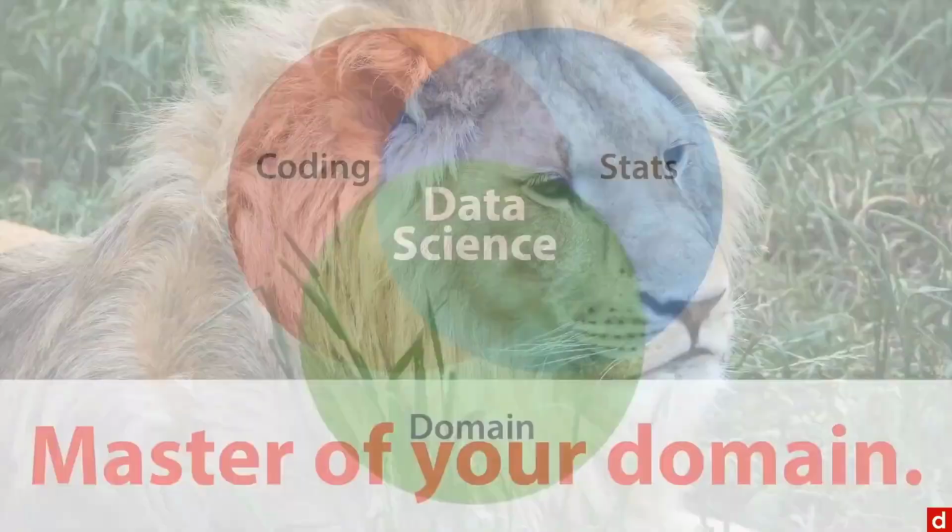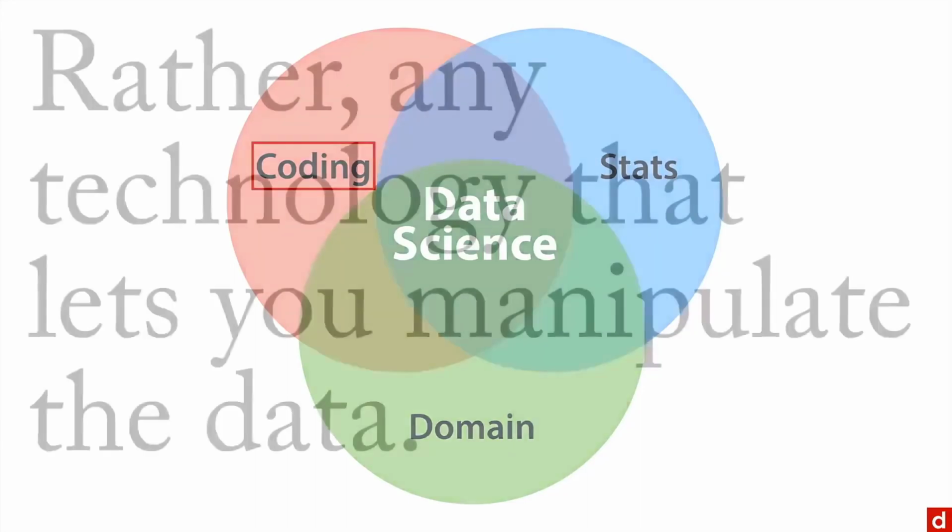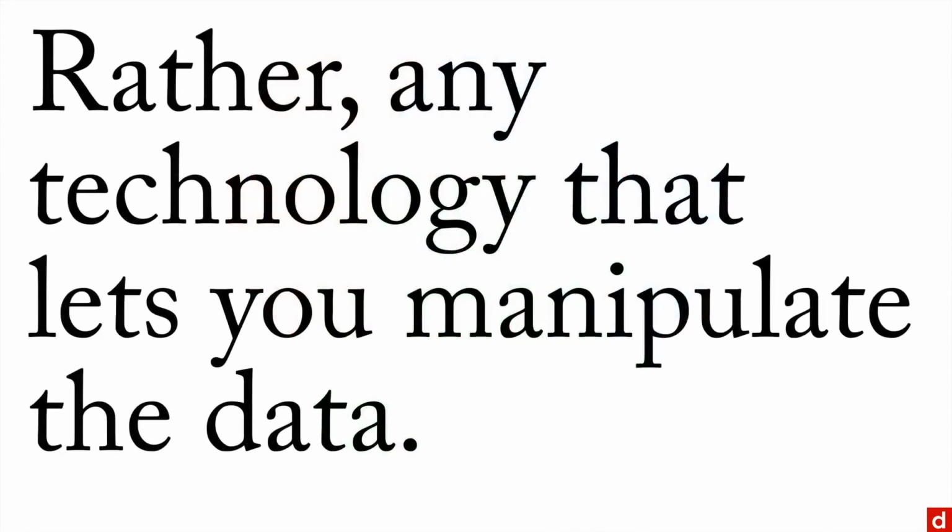Now, if you remember when we talked about the data science Venn diagram at the beginning, coding's up here on the top left. And while we often think about people typing lines of code, which is very frequent, it's more important to remember when we talk about coding or just computers in general, what we're really talking about here is any technology that lets you manipulate the data in the ways you need to perform the procedures you need to get the insight that you want out of your data.